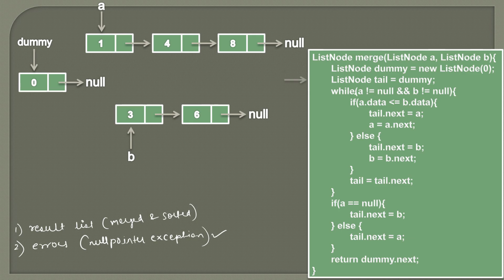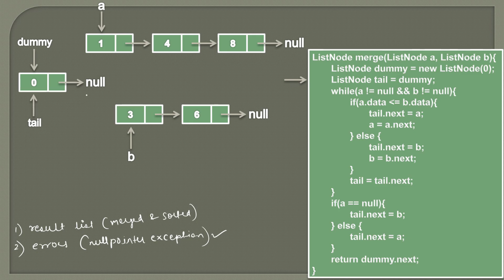Moving ahead. Now here you can see that as we have created this dummy node, it will refer to this node, and our task is to merge these two sorted singly linked lists by taking one element and adding it after the dummy node. So the dummy node stays at this place. What we do is we create a tail list node, which will point to dummy. So it looks like this.